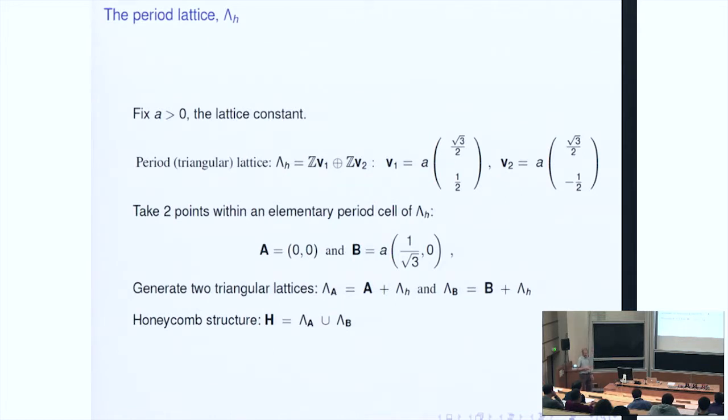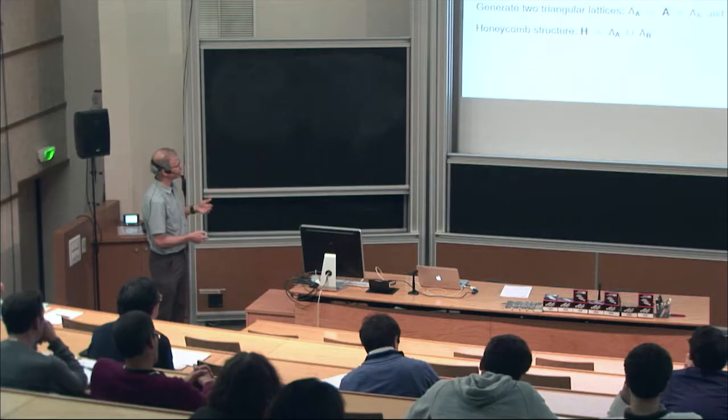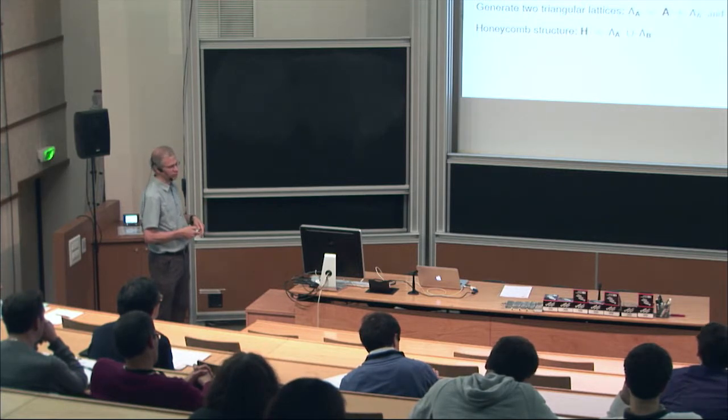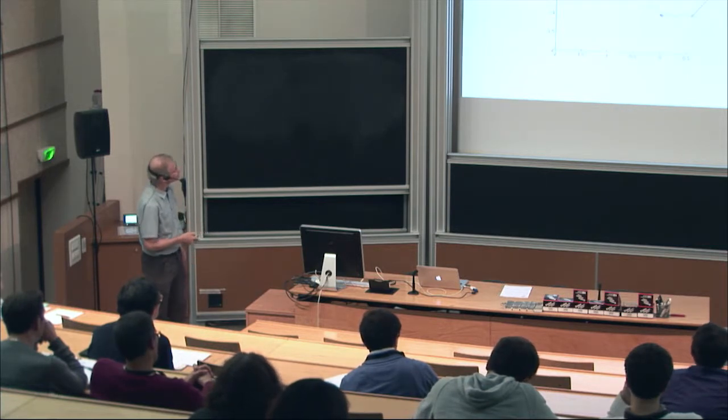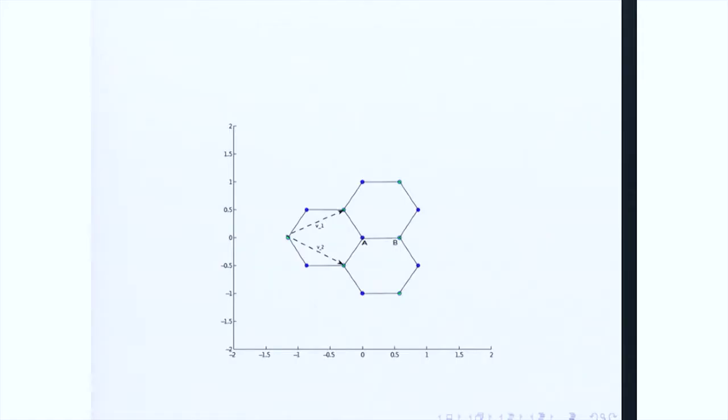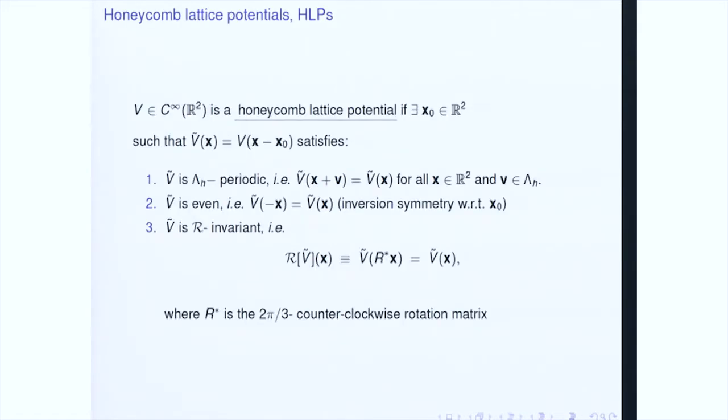Okay. So a honeycomb structure is not mathematically a lattice. These are individual objects or lattices. Those lattices like lambda h are called Bravais lattices in the physics literature. This is sometimes called a multilattice. So that's a piece of the honeycomb structure. The A points, the part of the A lattice, are drawn in blue, and are the blue dots, and the B lattice is the circles, and here are the basic generating basis vectors for the triangular lattice V1 and V2.